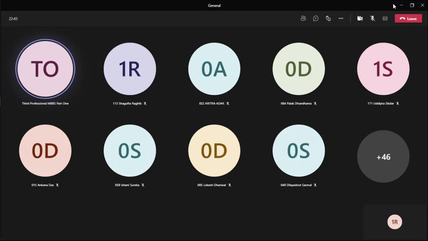What systemic history should be taken? Is there any history of diabetes, hypertension, bronchial asthma, or any cardiological problem or not? If there is any cardiological problem, then you should refer the case to cardiology for opinion about the cataract surgery.